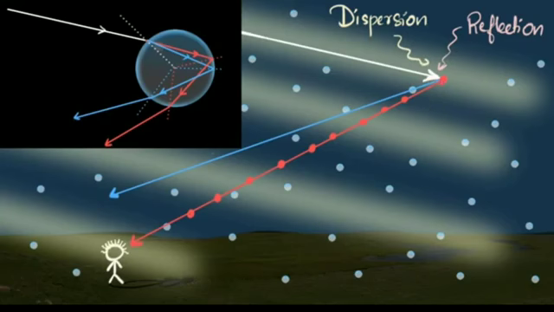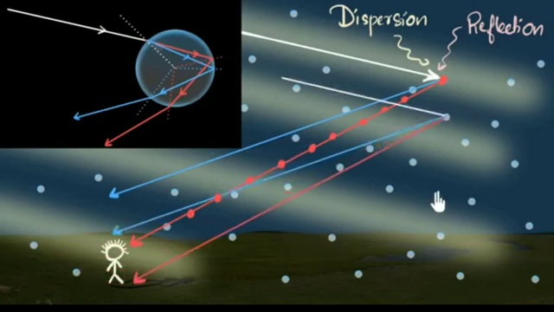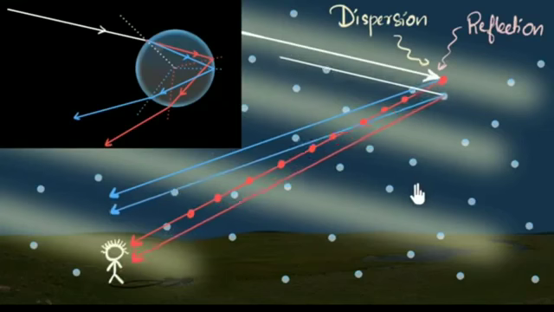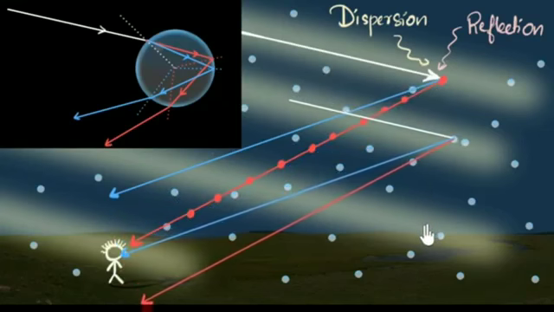Well, let's see. Let's say if I want to see violet, where should that raindrop be? Well, now I can just move this around. If I want violet or blue, notice that raindrop has to be a little bit below. So now if I look at this raindrop, or if I look at this angle, a little bit below,